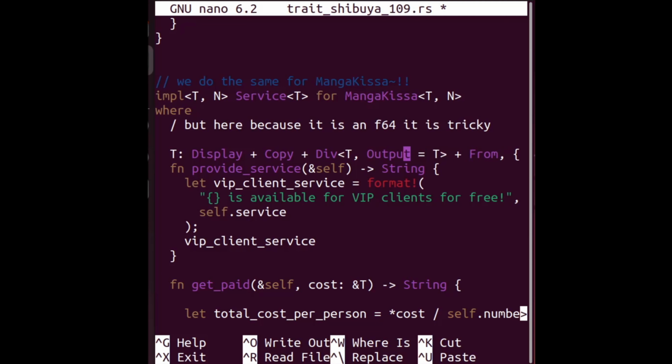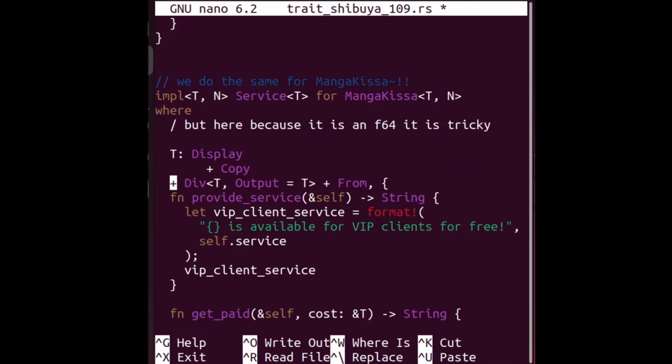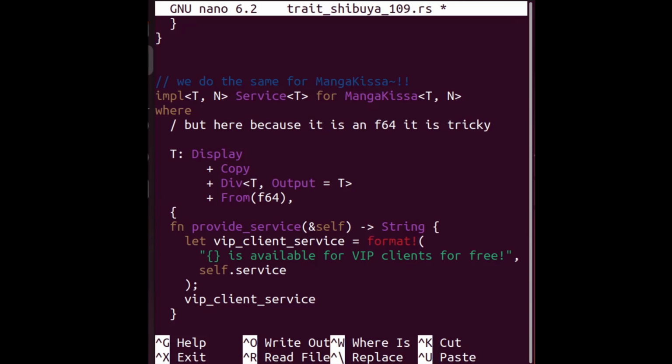We're going to use divide. T is going to still be a T type. Okay, just going to place it like that. And here we're going to say from F64. So it's going to be converted to an F64. For the N type, we are going to also use it in the where statement, where N is implementing also copy. So the from, that's how you use it, from, and you put the type F64